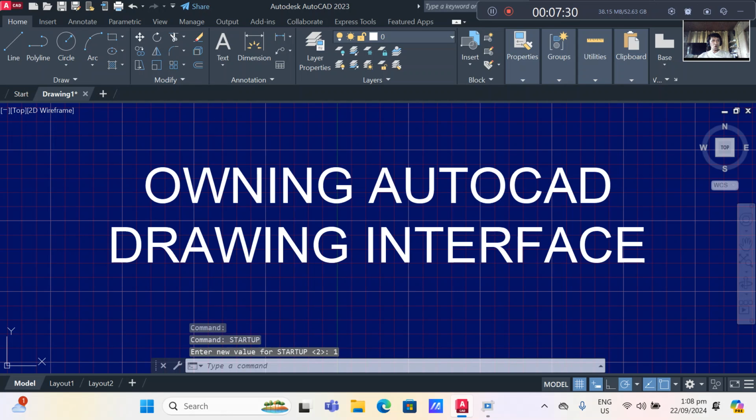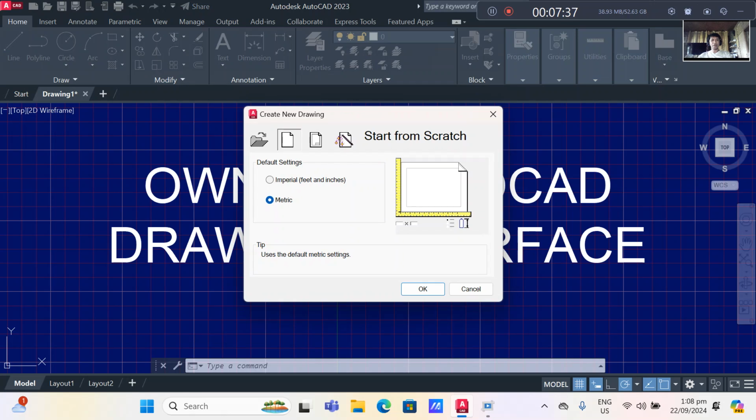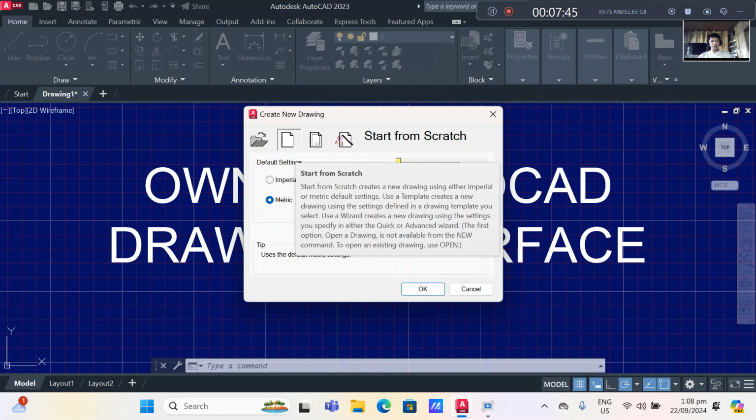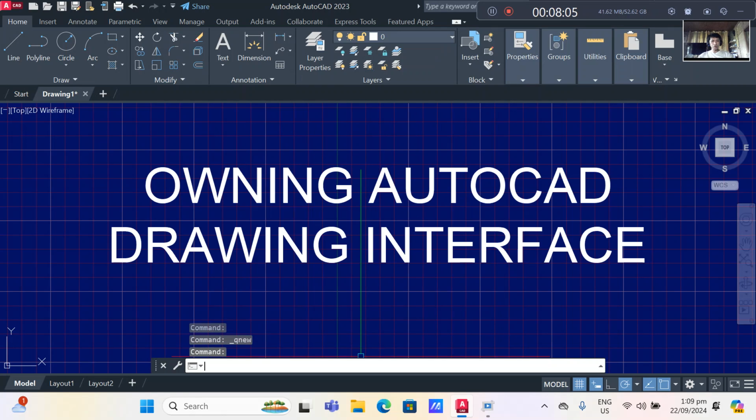And then when you open a new file, this will be the startup that will show, where you can open a drawing here, a new from scratch, and then from templates. Or you can use, if you are an Imperial user, the English system, you check here. But if you are a metric user, you check here. And then click OK.